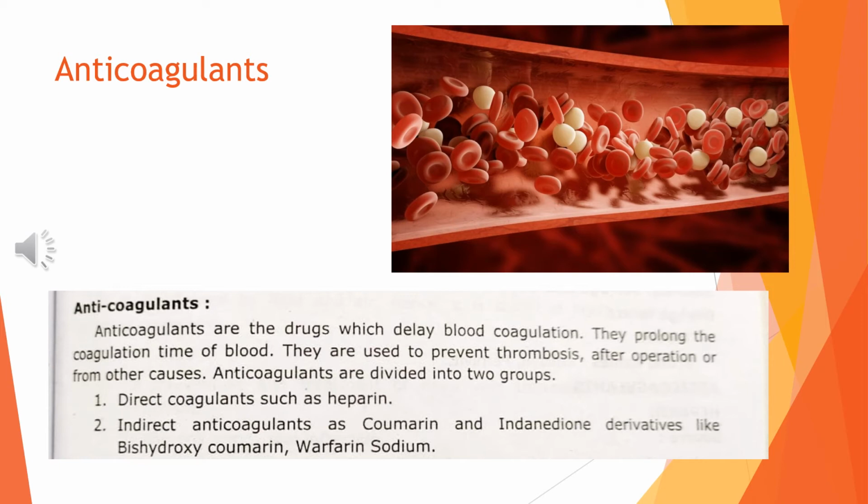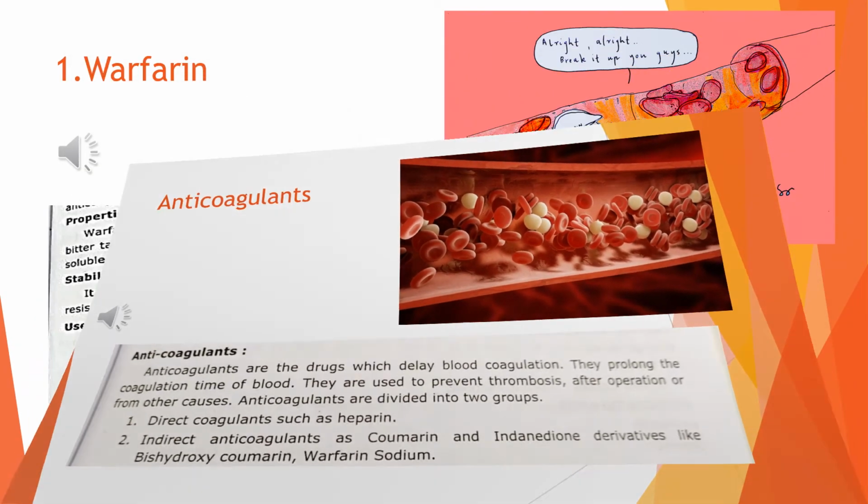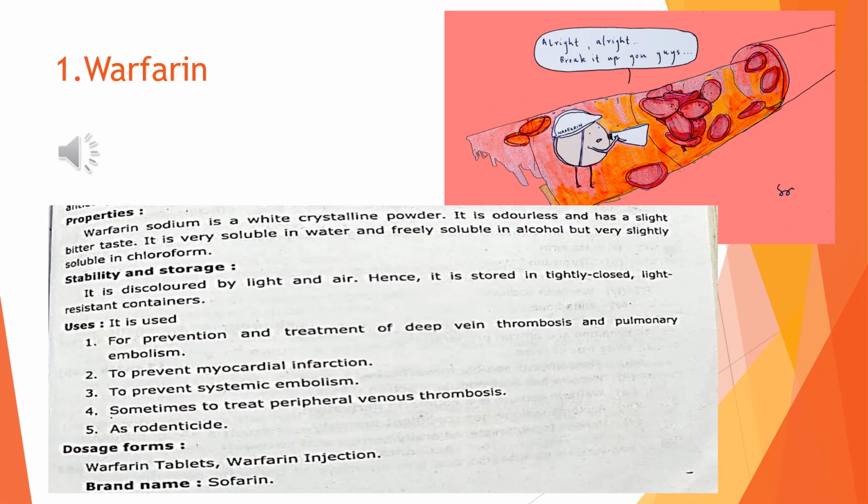Anticoagulants are divided into two groups. First, direct, an example of which is heparin, and the second is indirect, coumarin is the example. Warfarin sodium and bis-hydroxycoumarin are examples of indirect anticoagulants. The first drug of anticoagulant is warfarin. Its properties: